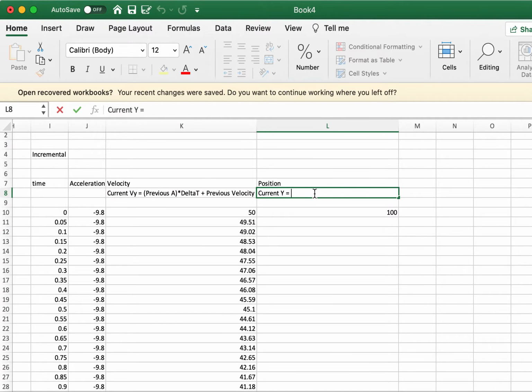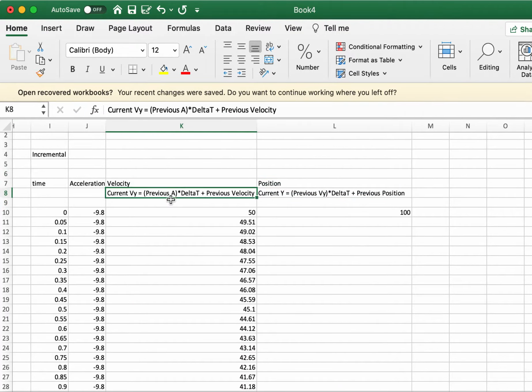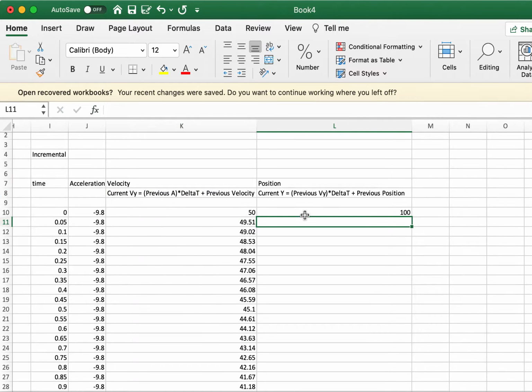Okay. So we'll do previous velocity times delta t plus previous position. And it's a subtle thing, like whether you use the previous acceleration or the current acceleration there. You'd really pretty much get the same answers, but